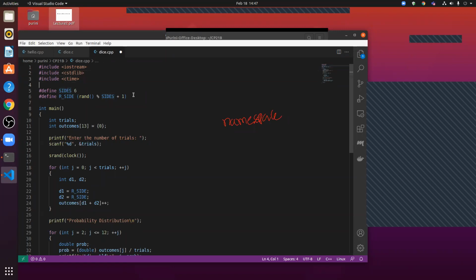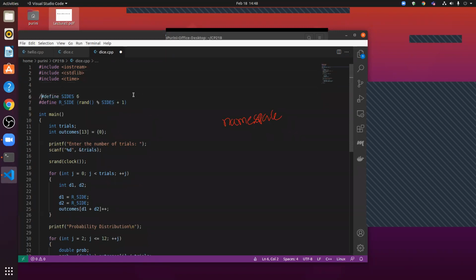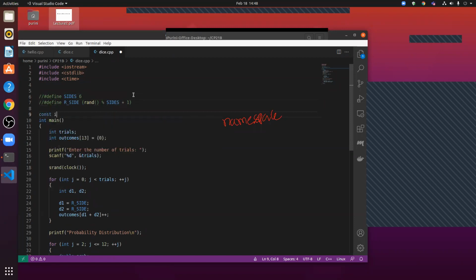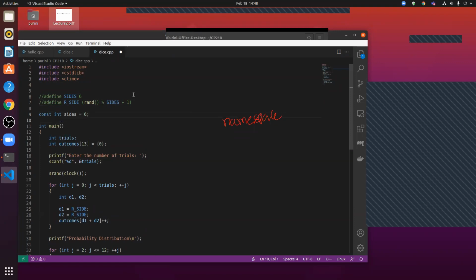So all the libraries that are in C are available in C++ also. And the second thing is, instead of this hash define, a better way is const int sides = 6. This is important because when you define a constant the way we are doing on line 9, we are giving a very important piece of information to the compiler: that sides is of type integer.